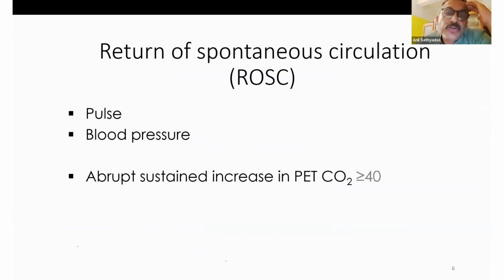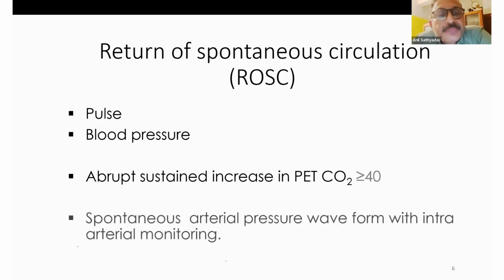But other things that would show that the patient has return of spontaneous circulation is the end-tidal carbon dioxide. I don't know if you are aware of the monitor called end-tidal carbon dioxide. That's a very useful one, especially when you're intubating, you can confirm the position of the tube. And if there is return of spontaneous circulation, the heart starts to pump effectively. There will be blood going to the lungs with carbon dioxide, and that carbon dioxide will diffuse across the alveoli and come out in the exhaled gases. That is called end-tidal carbon dioxide. It should be more than 40, and that usually occurs when the patient has spontaneous circulation.